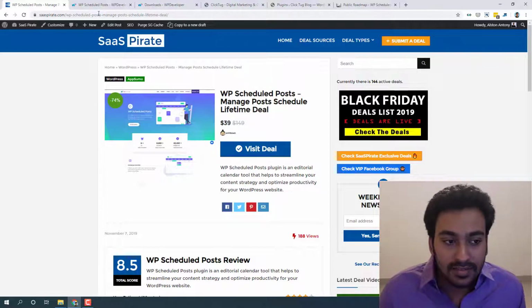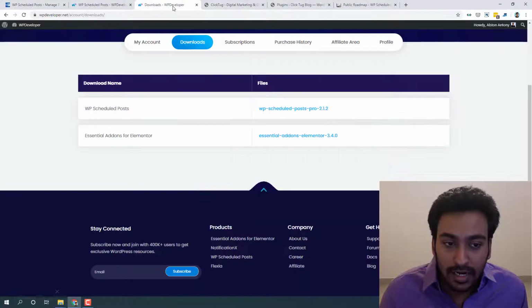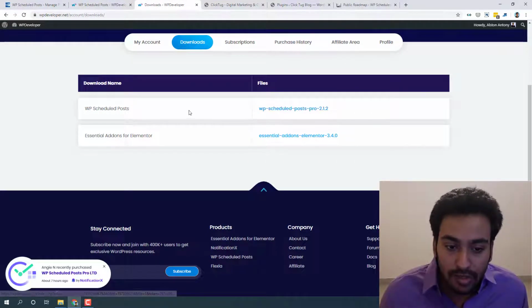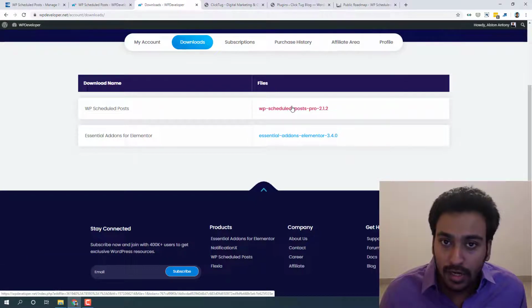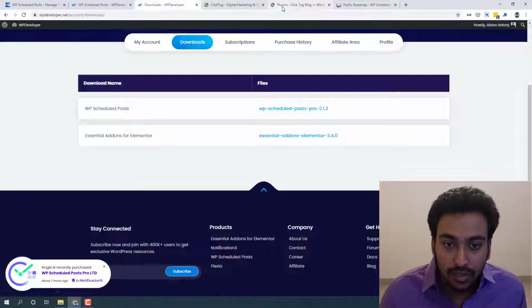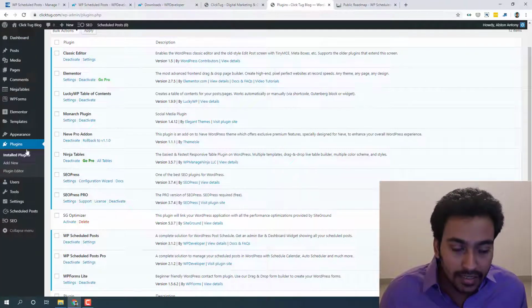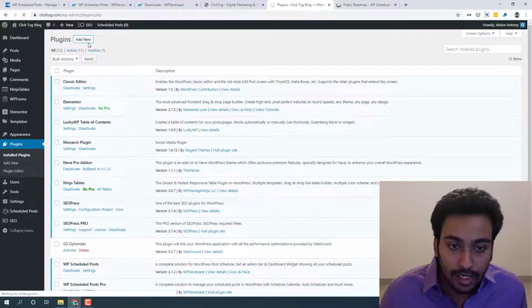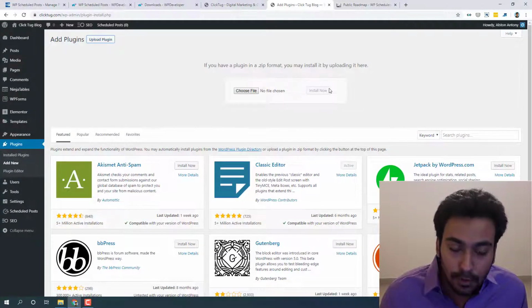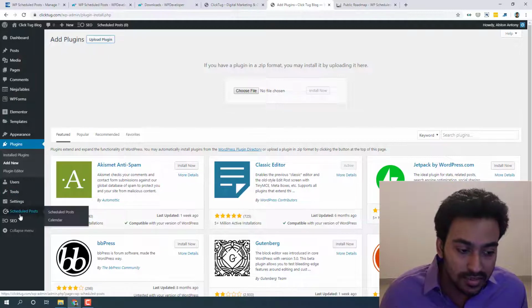Okay, now let's take a look at what you will get. Once you have purchased it, you will be able to see the download from here. All you need to do is click on download and it will automatically download the zip file for the plugin. Once it's done, all you need to do is go to your plugin page and select Add New, and you can upload that particular zip by selecting Upload Plugin. Once you've done that, you will see this entry. This is where most of the functions of the plugin are listed. Go into that section